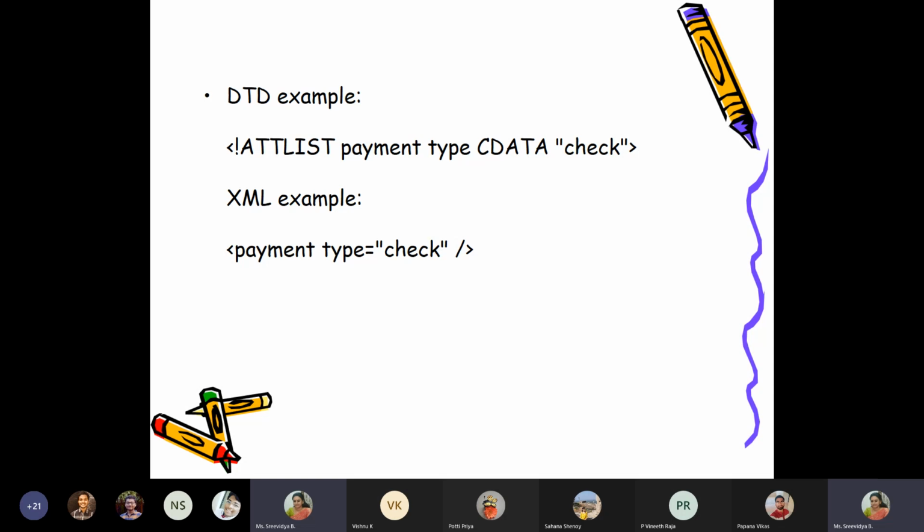So the actual XML tag will look like this: payment tag with an attribute called type, and the default value is check. Pay attention again. ATTLIST: what is the element name, what is the attribute name, what is the type, and what is the default value? Make a note of that, guys.